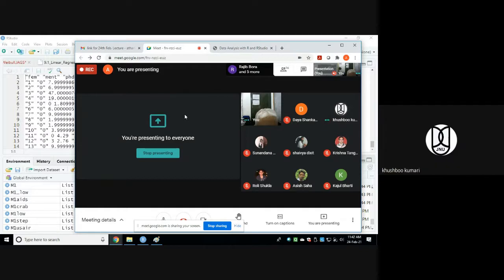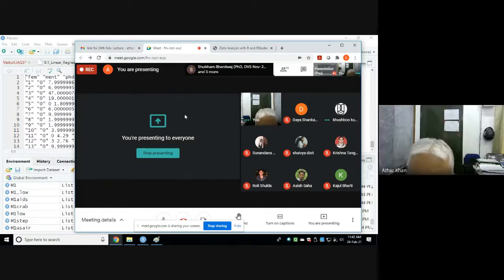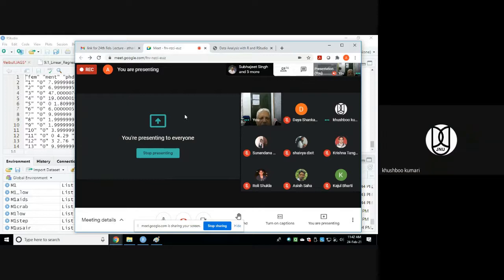Actually, R square is a measure which talks about the proportion of variability explained by the model. Understand?